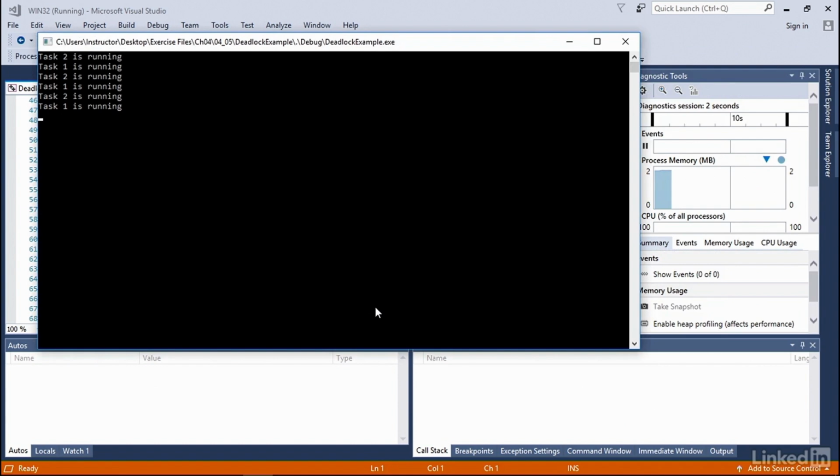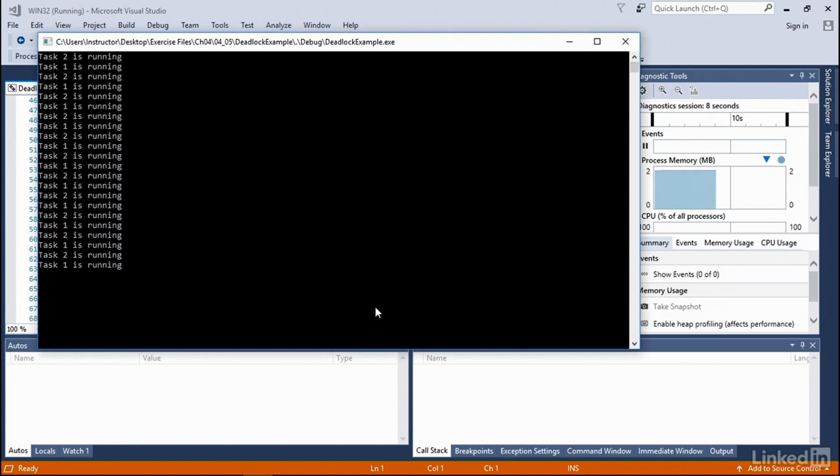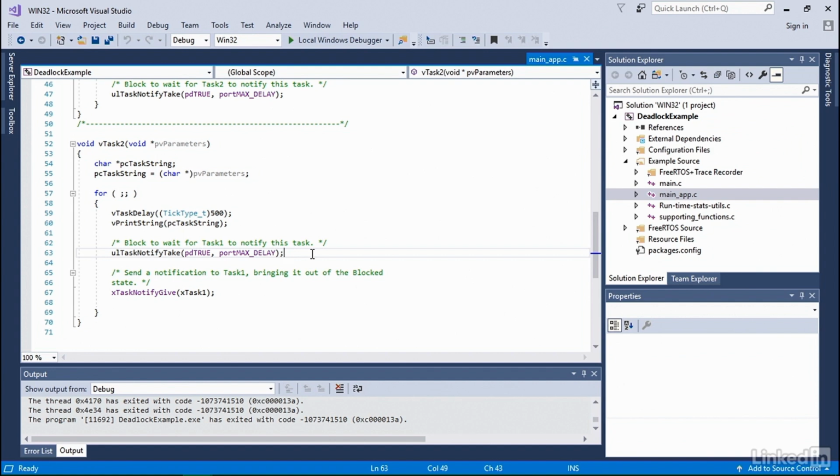The program works well, and task 1 and task 2 will synchronize themselves in the execution perfectly. We can see the pattern from the console results. Let's try to make a deadlock situation here. For example, let's not let task 2